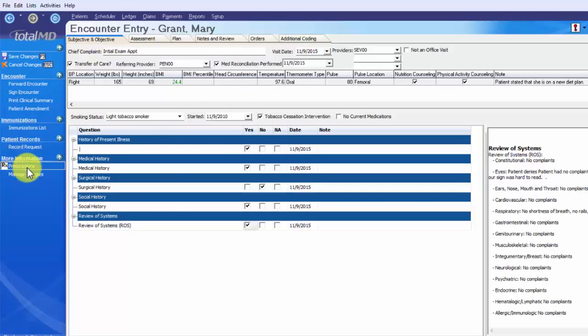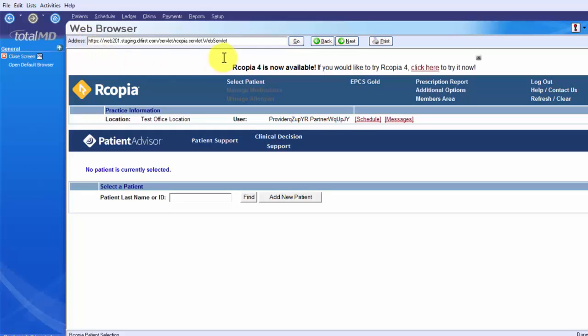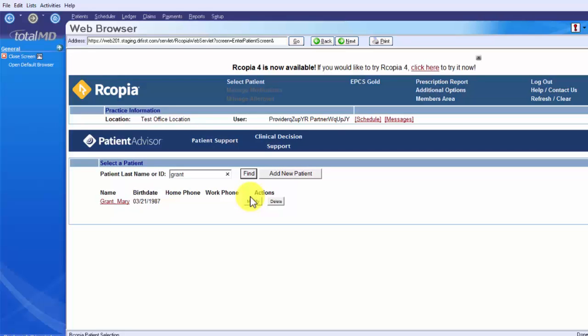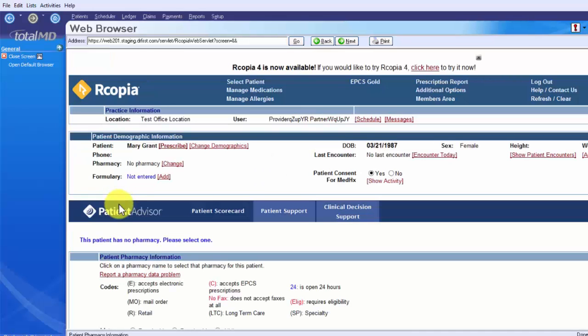So in my options menu, I'm going to go ahead and click Manage Allergies. The web browser will go ahead and open up for DrFirst. And typically it'll pull up your patient if you have all of the patient data in that I specified earlier. In this case, we do have a test patient with fake data. So I'm going to go ahead and manually enter her, and then we can move on with managing the allergies. So if for some reason your patient does not pull up right away, we can type in the last name and try finding them and get as much data as possible for the patient. It did happen to find our Mary Grant, so I'm going to select her name, and we can proceed with